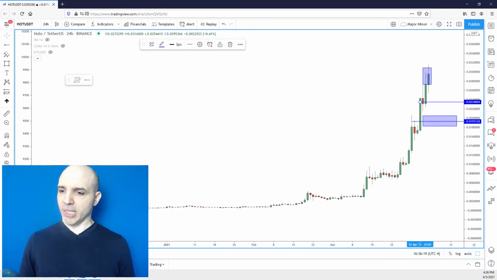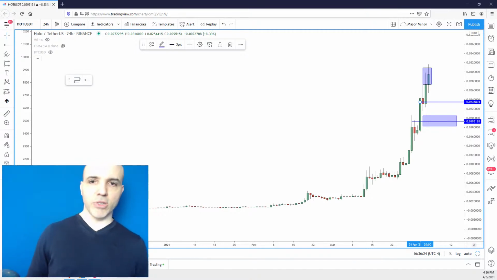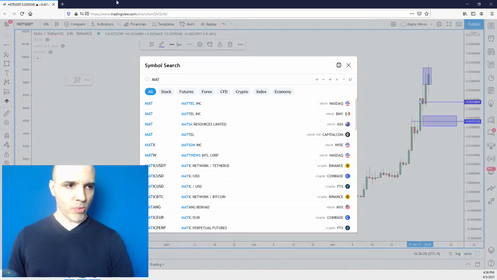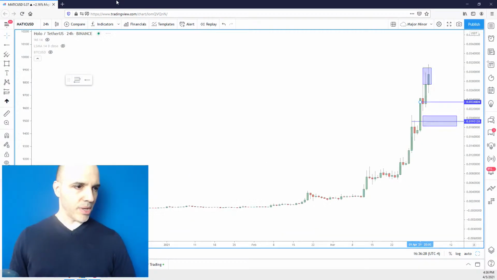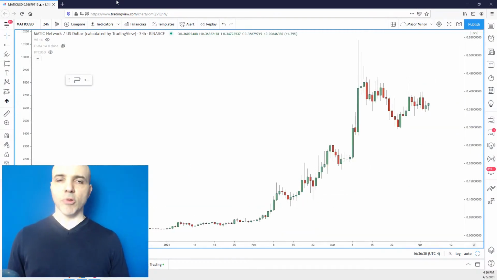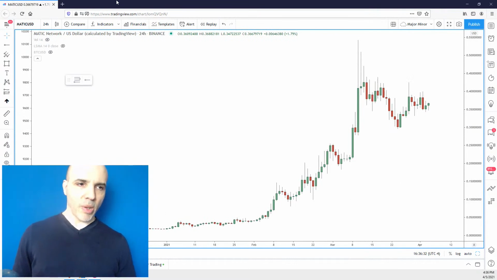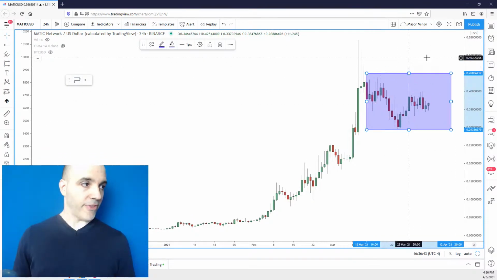Okay, so BTT, I went over it. Matic. Okay, so here's what I'm going to do. I'm going to do Matic, because Matic is an interesting one. It's been brought up a few times, and it's also a great example of a consolidation. So I'm going to do Matic Network, and then I'm going to jump over to my other chat here and cover something in there, and then I'm going to wrap it up. Okay, and again, I appreciate everyone's questions and everyone's feedback.